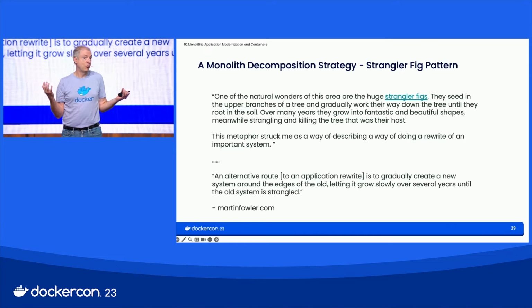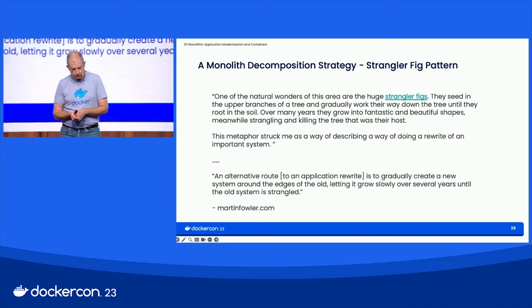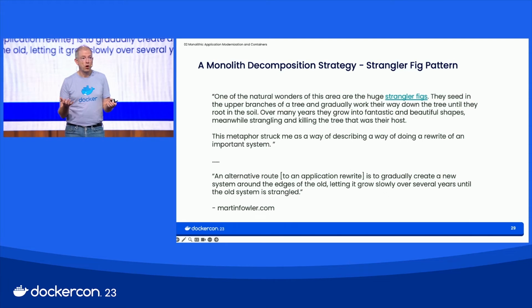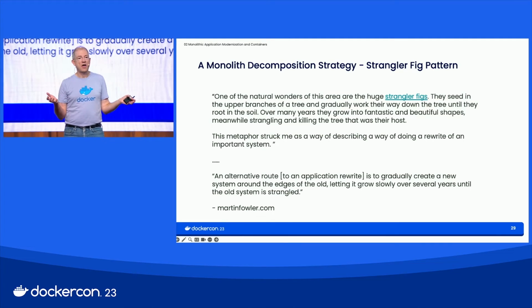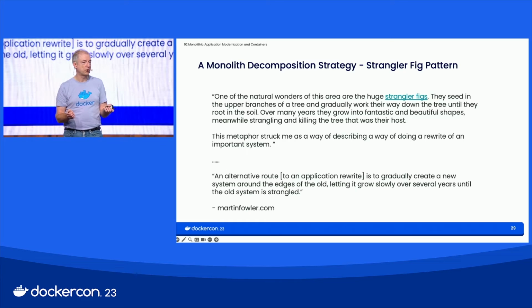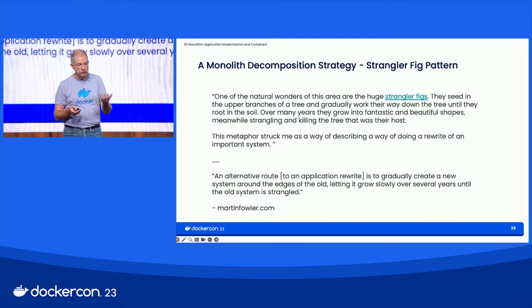So they basically kill the tree that they grew from. Martin saw that as a great metaphor for applications. Instead of rewriting an application from whole, why not build new services or new systems around it and let those new systems or services slowly strangle the original application? So this became a design pattern that has been used to